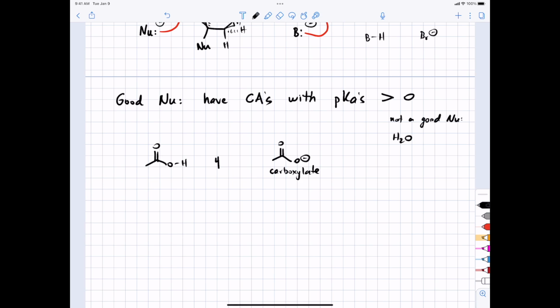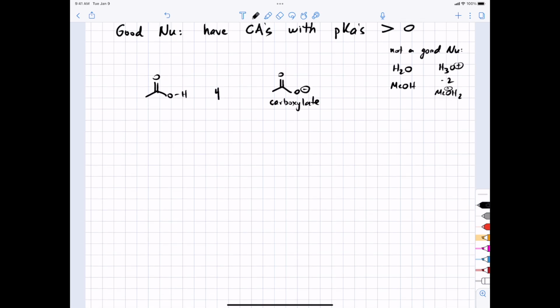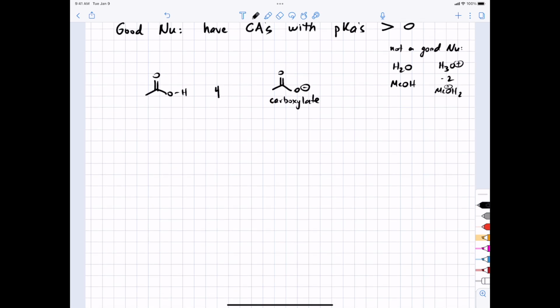Not a good nucleophile. Of course, water's conjugate acid is hydronium, pKa -2. All right? Alcohols in general are also poor nucleophiles because their conjugate acids have pKa's around -2. In other words, the things you learned before about what makes a pair of electrons reactive based on acid-base chemistry are the same kinds of things that make molecules nucleophilic. Also, on our list of things that are decent nucleophiles,